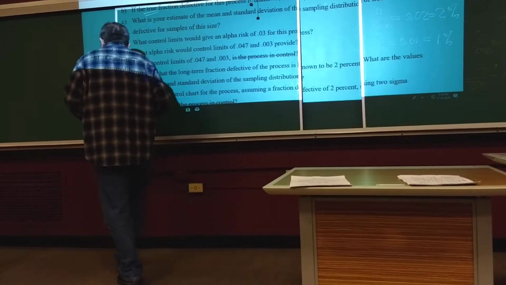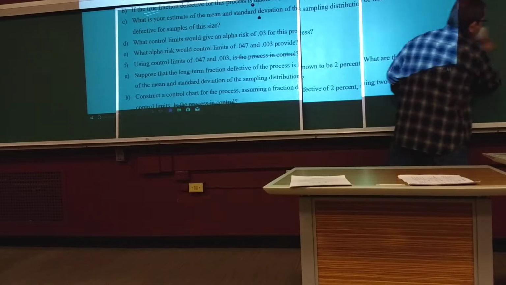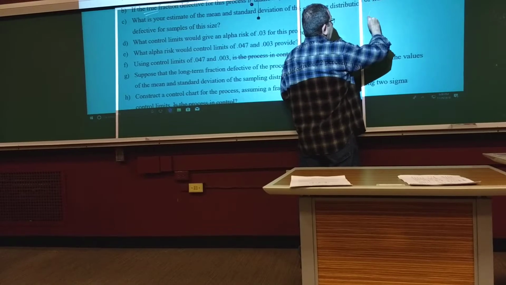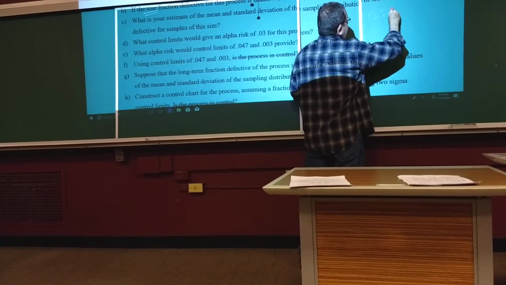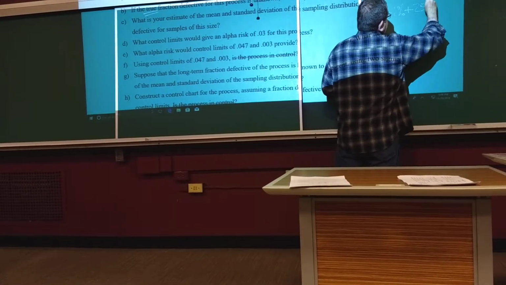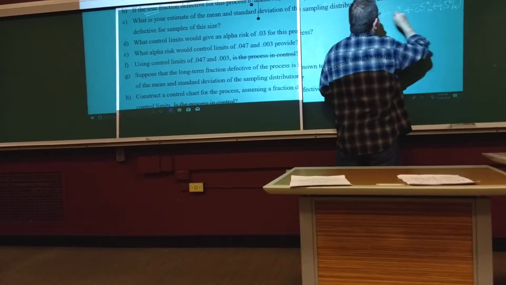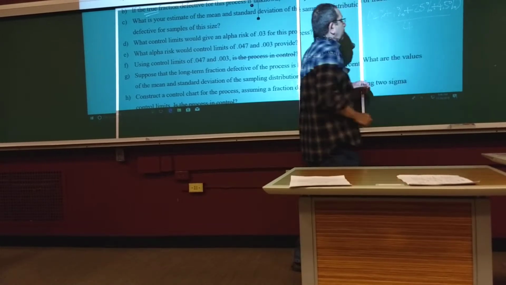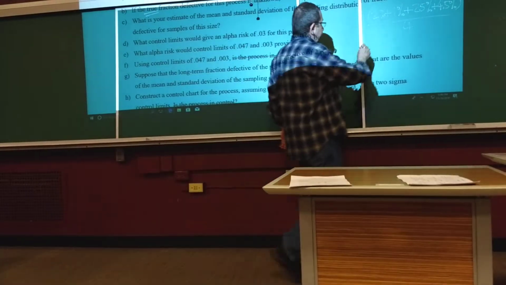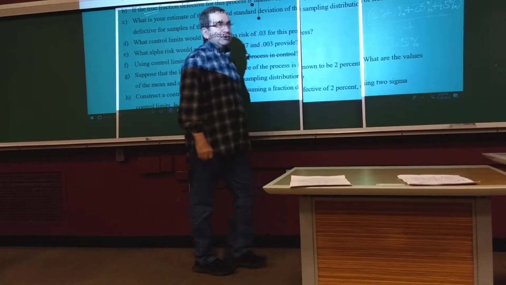So what I do is I just take the average here. So I have 2% plus 1% plus 2.5% plus 4.5% divided by 4, okay? The average of each sample's fraction defective, our best guess is 2.5%